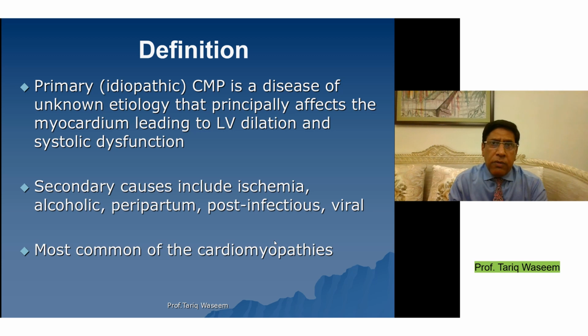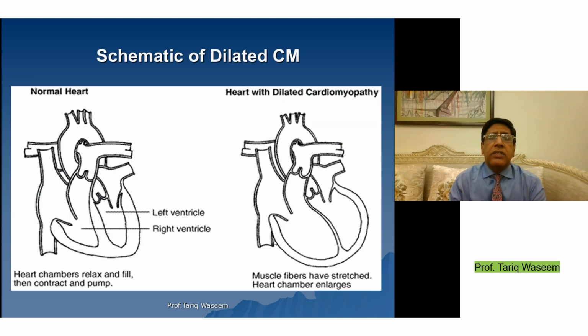This form of cardiomyopathy is the commonest one which we see in our clinical practice. Now, this picture is quite suggestive of what happens. So, on the left hand side of your screen, you notice this normal heart. Look at where this arrow is pointing, look at the chambers. This is the right atrium and right ventricle, and this is the pulmonary artery, and this is the left atrium,